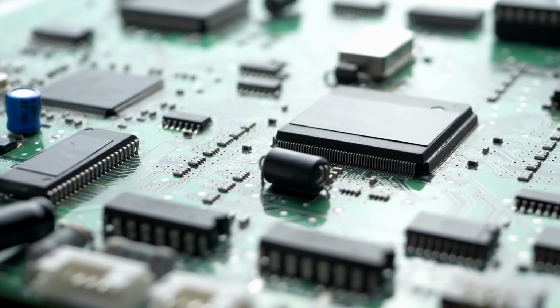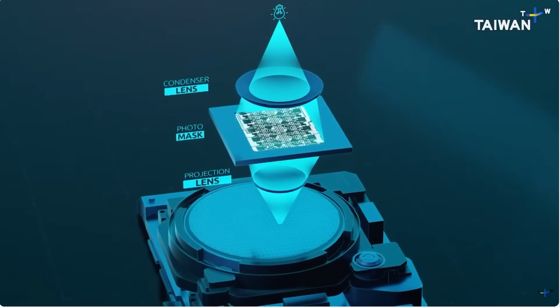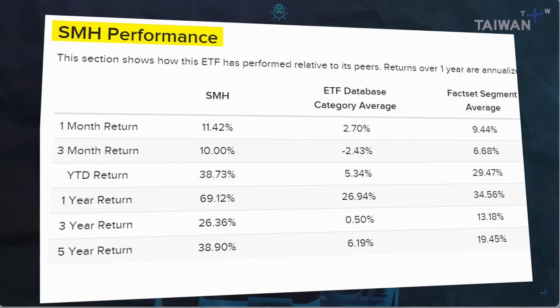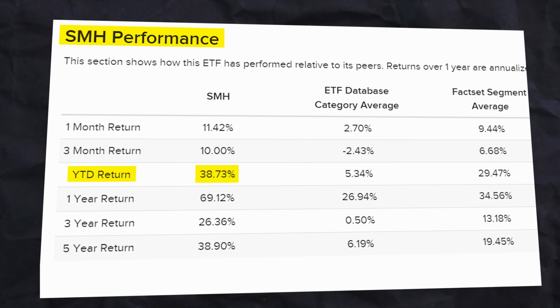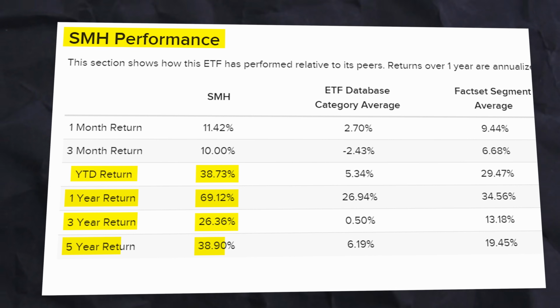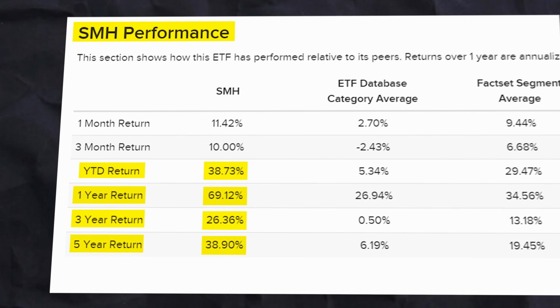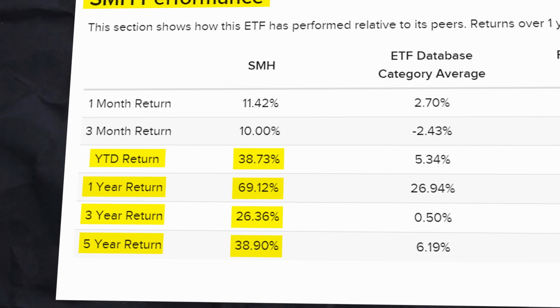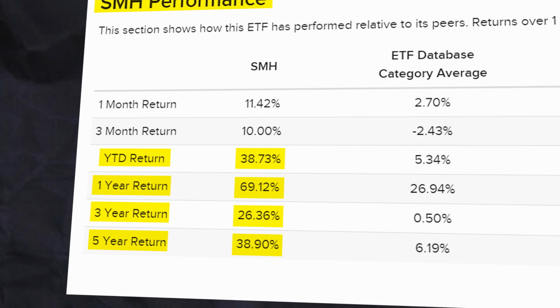The hardware and semiconductors, well, they are the foundation for laying the groundwork for the AI growth lifecycle. But getting back to the SMH fund, the performance year to date is fantastic at 38%. And the 1, 3, and 5-year annualized returns, well, they're also stellar. So when looking at that 5-year at 38.9%, that means that the average annualized returns were 38.9% every year over